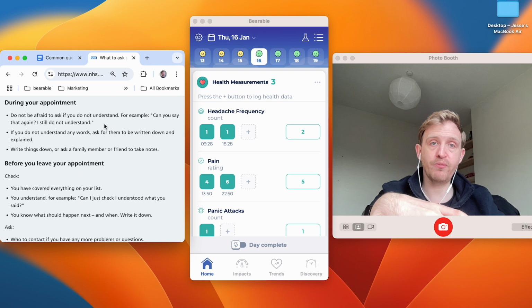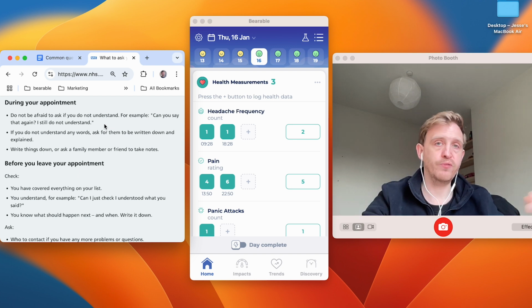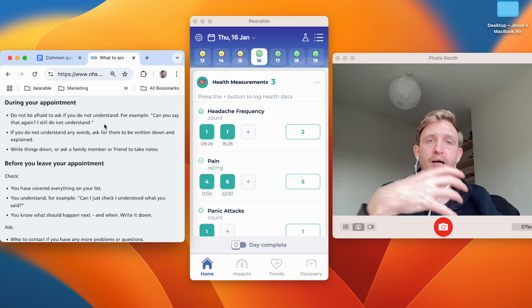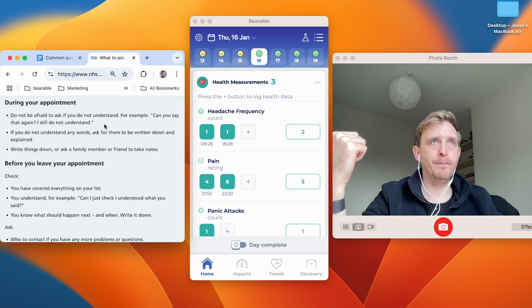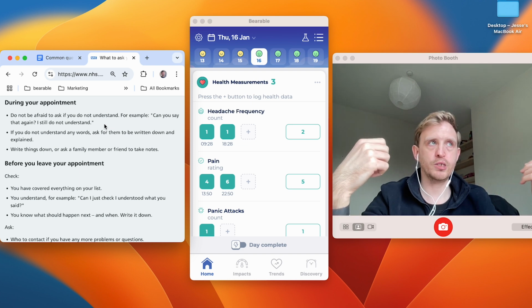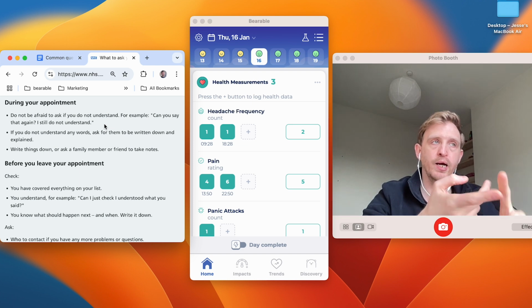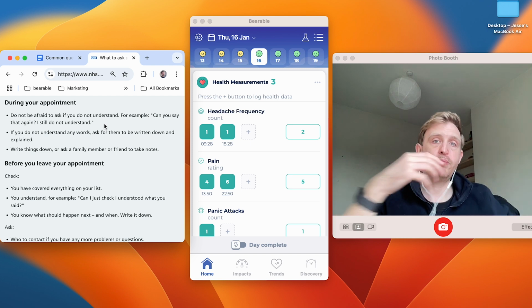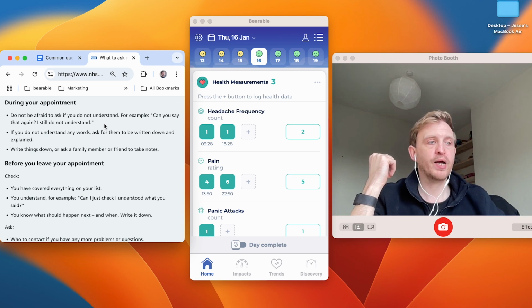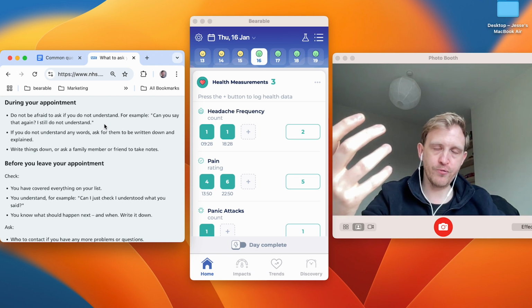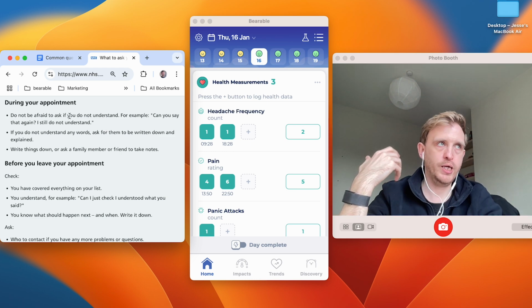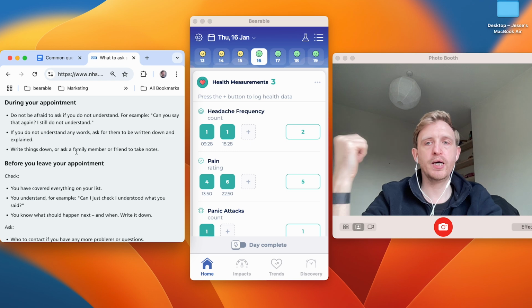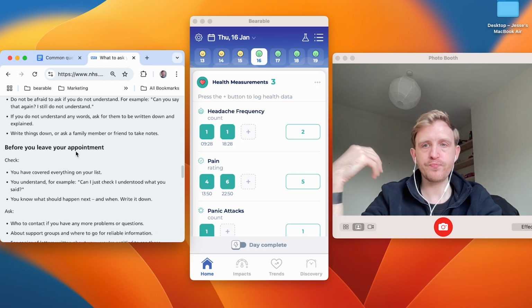Ask them to put that information into your medical record as well, so that if you get a second opinion, that information exists for somebody else to look at as well. It can be quite tough to be assertive in medical appointments, but I think it's important to make sure that you have a really clear understanding and a really clear record of all the decisions that are being made about your health. So don't be afraid to request that, push for that, make sure it's written down, make sure it's added to your medical record, make sure you get an explanation that you understand before you leave an appointment.